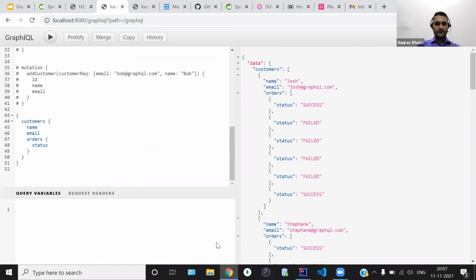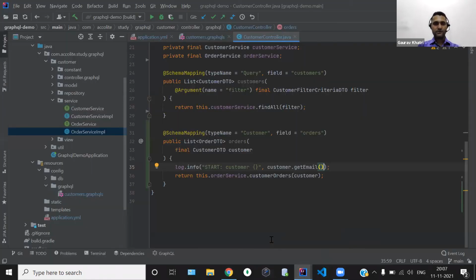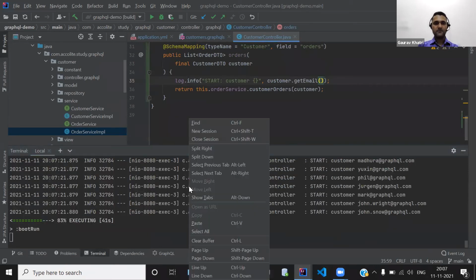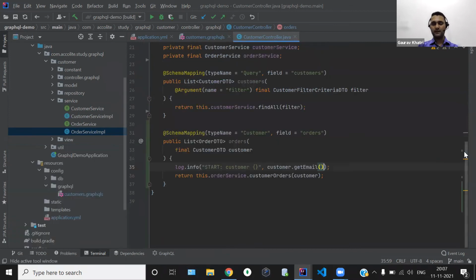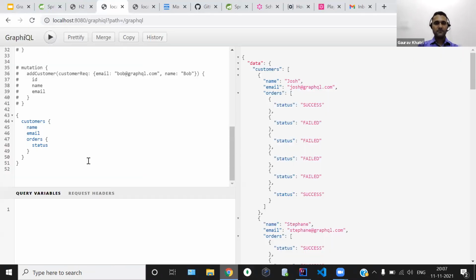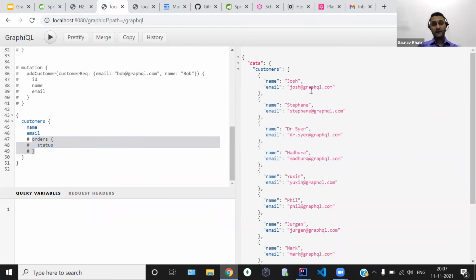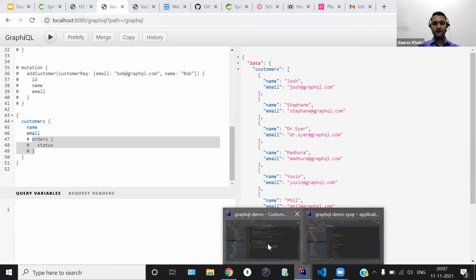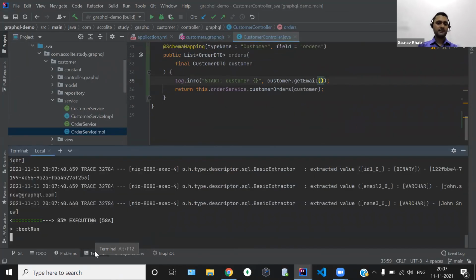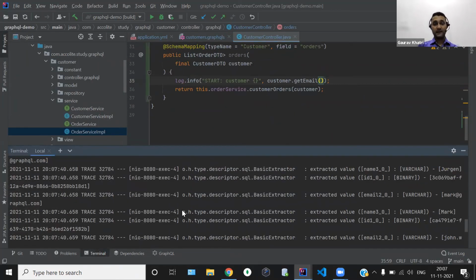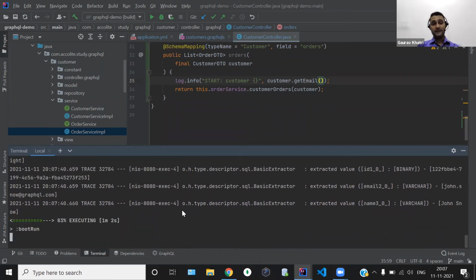I want to show you now how this schema resolver function can be utilized to optimize the query. So I have cleared the buffer, and now I will remove this particular projection from here. If I hit this query, I am not getting the orders, and we will also check whether this resolver function is getting called or not. By looking at the logs, we can say this resolver function is not getting called at all.